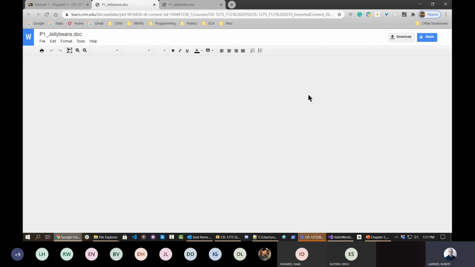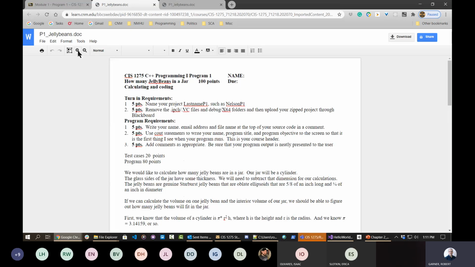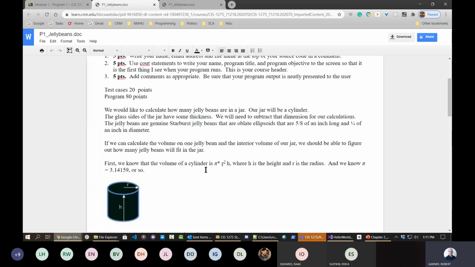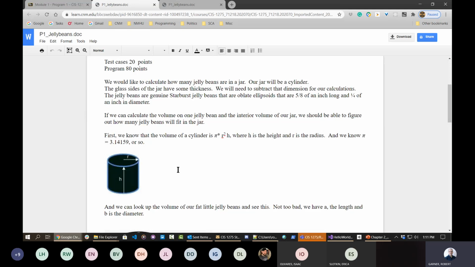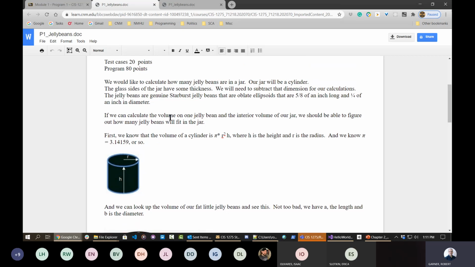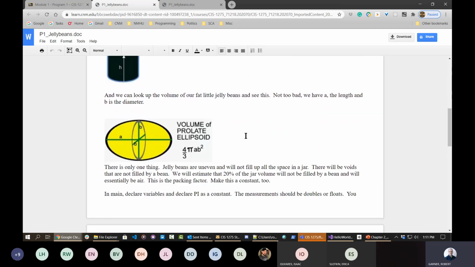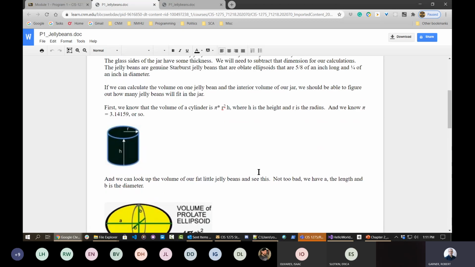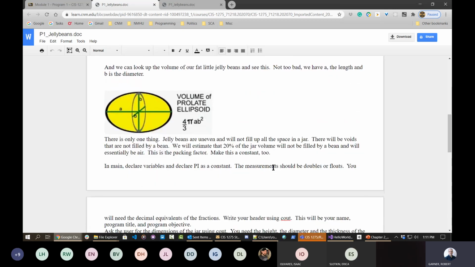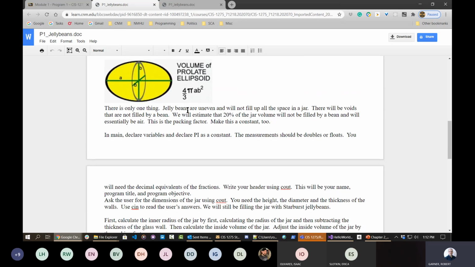We'll go through this in more detail later, but I'll talk about it very quickly. You're going to be doing a similar program here, where part of it will actually be figuring out the area of a cylinder. And so you're going to do very similar to what we're doing right now, but also you're going to figure out how many cylindrical objects could be stored in it, given the radius of those cylindrical objects. And so what you're going to do is you're given the formula here to calculate out how the area of those,